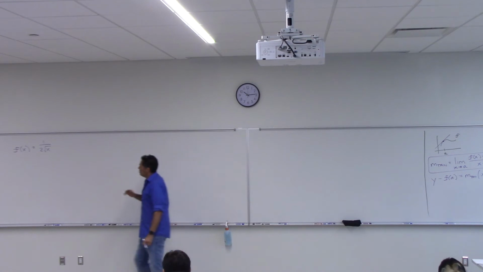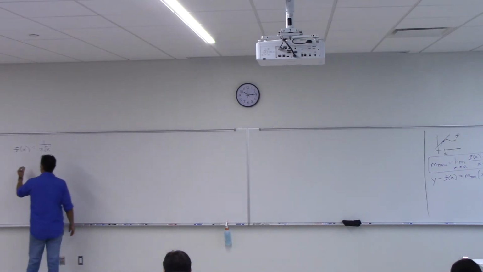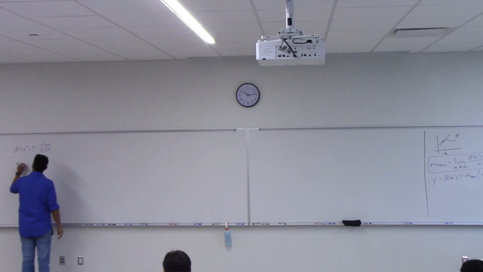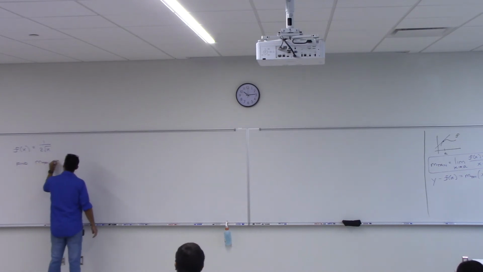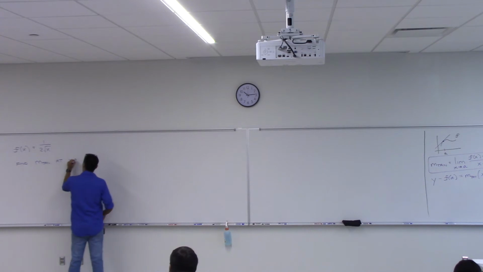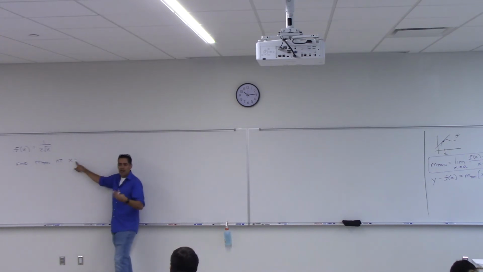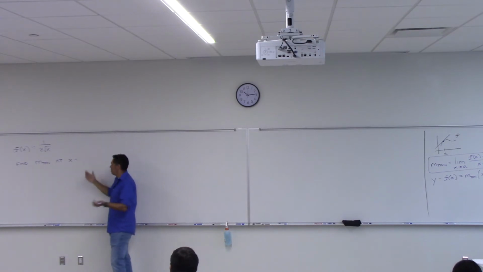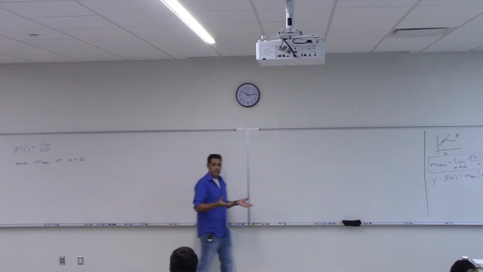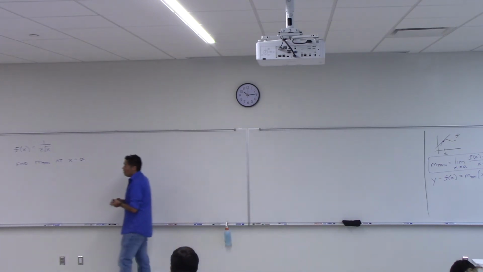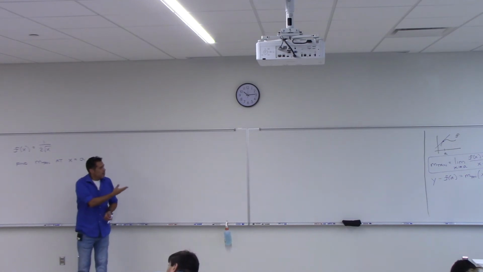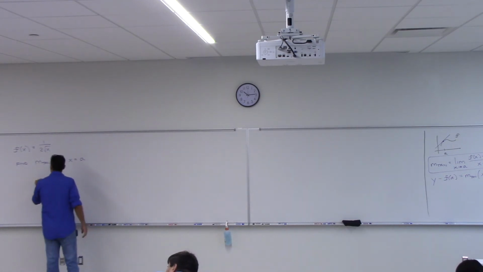So what I like to do now is say, let's find the slope of the tangent line at x equals, now I'm not going to tell you what the value of this is. I'm not going to say it's 4 or anything else. I'm just going to say at a, at some arbitrary value of a. So we're going to run the formula. Let's figure out what the formula would give us. We have the slope of tangent line